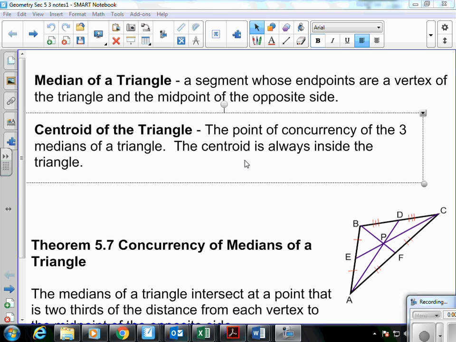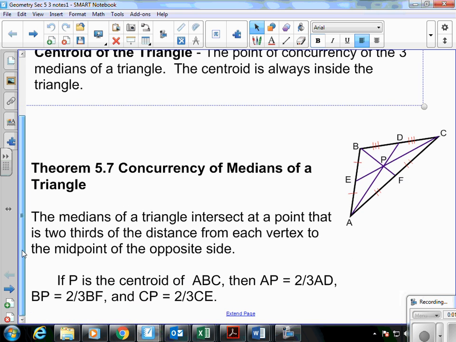And that centroid is always going to be on the inside of the triangle. Some of them go outside or on the triangle, but the centroid will always be inside. It doesn't matter what kind of triangle it is, whether it's an obtuse triangle, right triangle, or acute triangle. Always on the inside. And theorem 5.7, the concurrency of medians of a triangle, tells us that the medians of a triangle intersect at